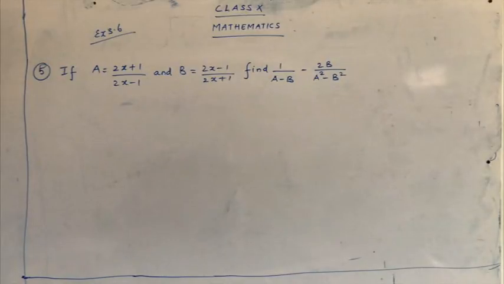So in our previous classes we have started with our exercise 3.6 and under 3.6 we have done some simplification, and that simplification dealt with addition of rational expressions with like denominator and also unlike denominators. And also we have seen subtraction of rational expressions with like denominators and unlike denominators.